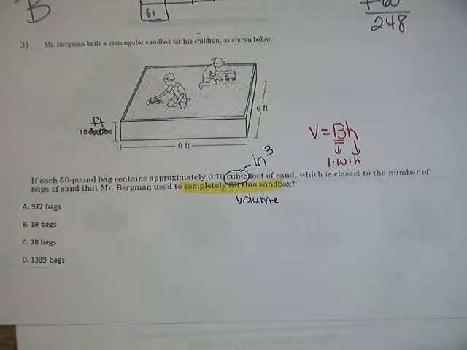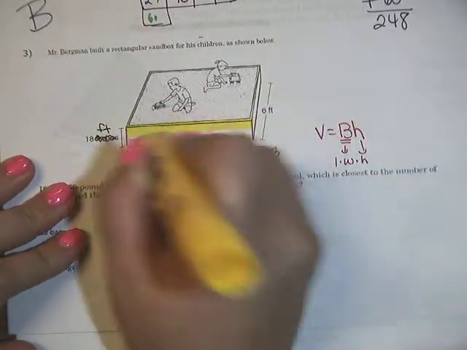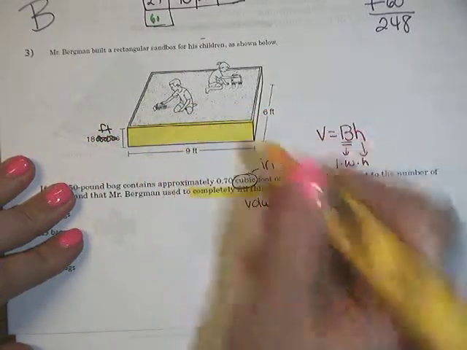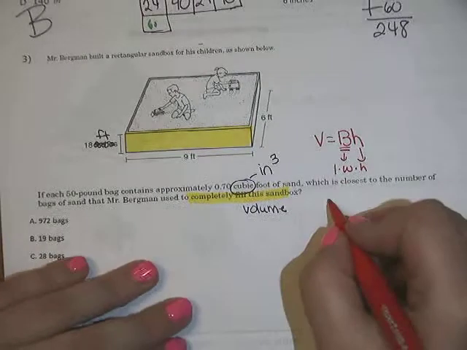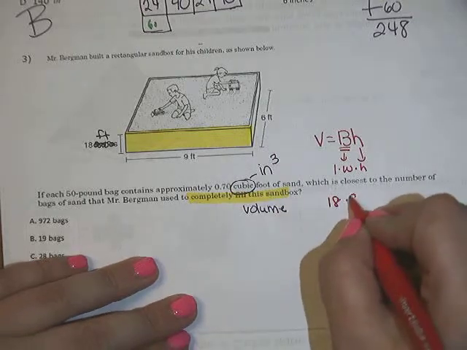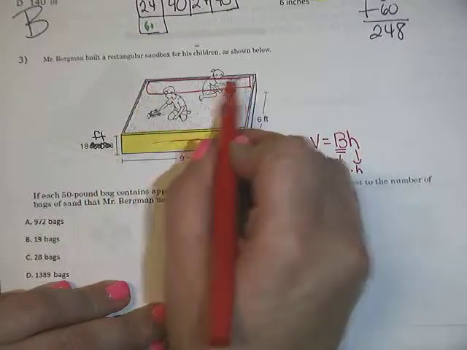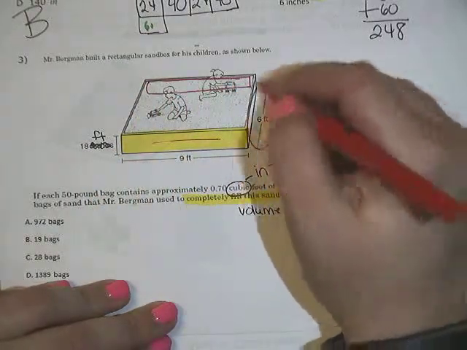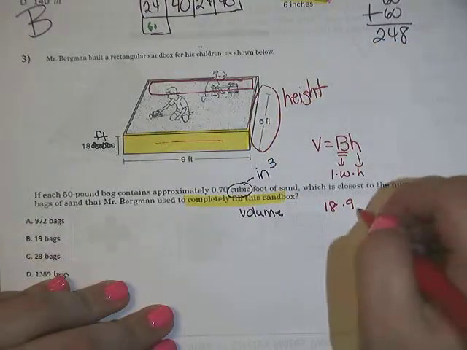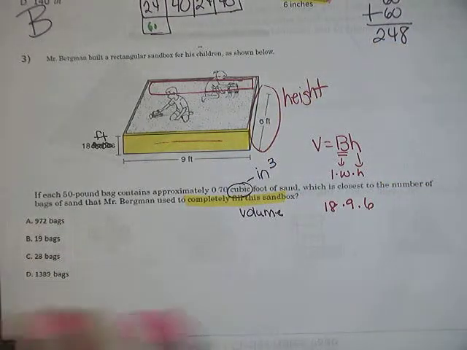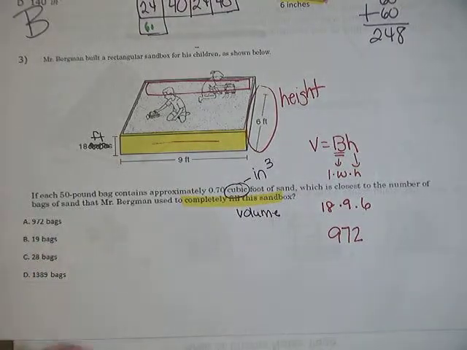So for my base, and again, it doesn't really matter which one you pick as a base unless they tell you, I'm going to pick this one because it's facing me. So to find the area of my base, I multiply 18 times 9. If this is my base, and then back here is also another base because they're parallel, then that means that this number right here, 6, is my height. So I'm just going to multiply these 3 numbers together, and when I do that, I get 972,